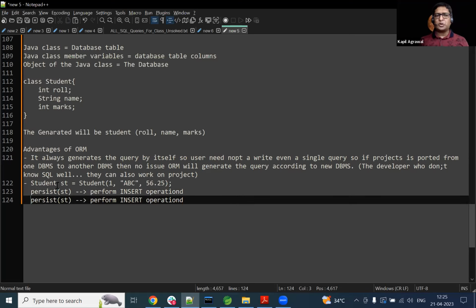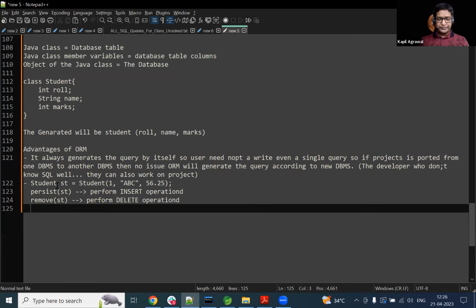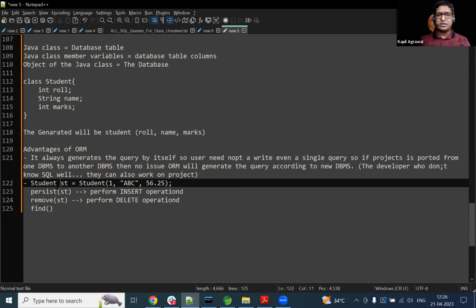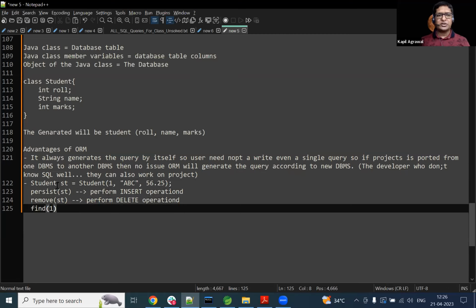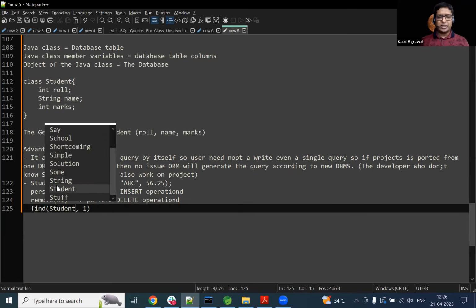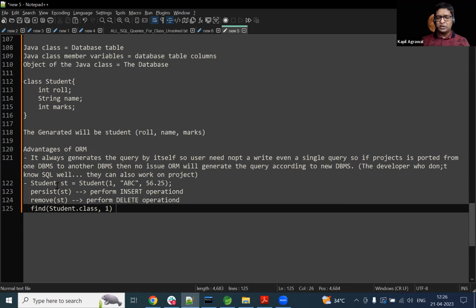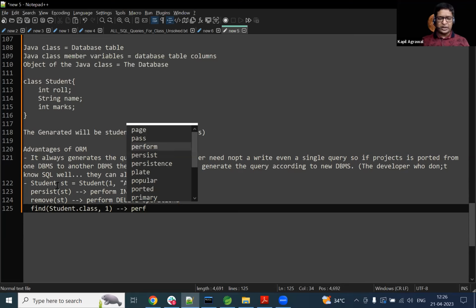Similarly, if you wanted to perform the delete operation, there is a method available. The name of the method is the remove method. It will perform the delete operation. For the update operation, there is a separate thing that we will discuss. But if you wanted to fetch a record, for example, the record of the student whose roll number is 1, then I write student.class here. What will it actually do? It will actually perform